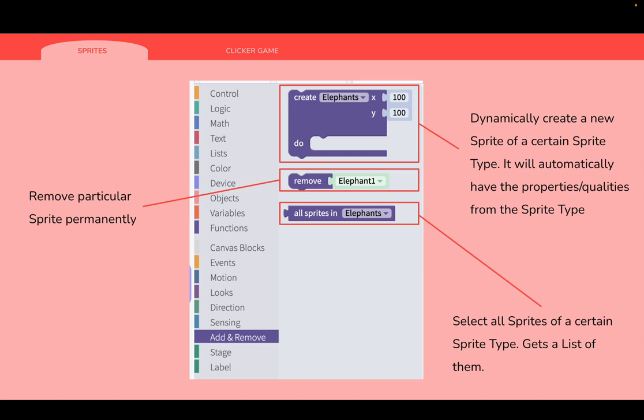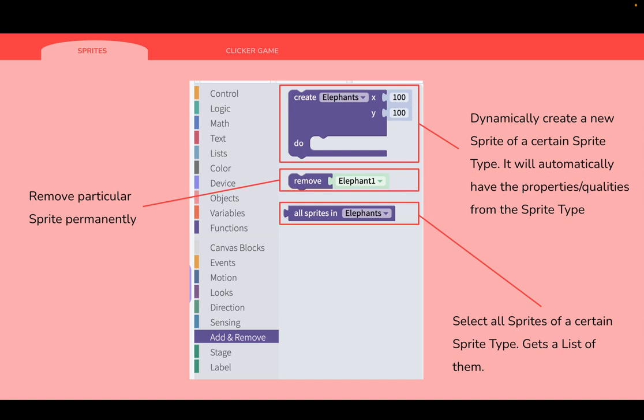But similar to how we've learned with the design side, that is something that will occur as soon as the app initializes. Any sprites or sprite types that you create in the Canvas tab in Thunkable will be present and visible in your app as soon as the app opens. But maybe you want to only create some sprites